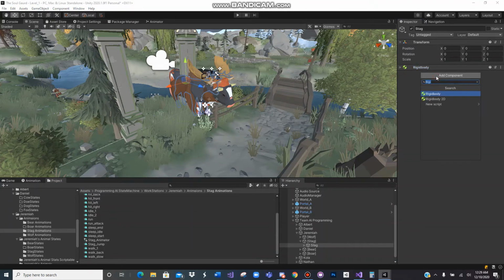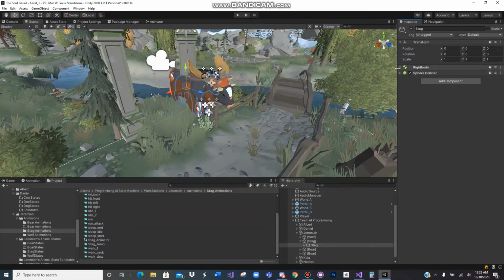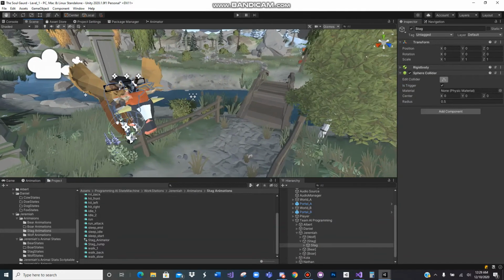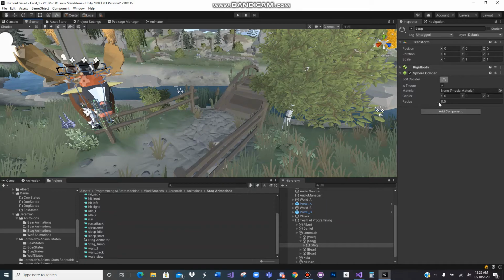Now the next thing we're going to add is a, I'm sorry, a sphere collider. We're going to create this as a trigger, so click is trigger. We're going to click on edit collider here, and you'll be able to see it. Just create the radius to be